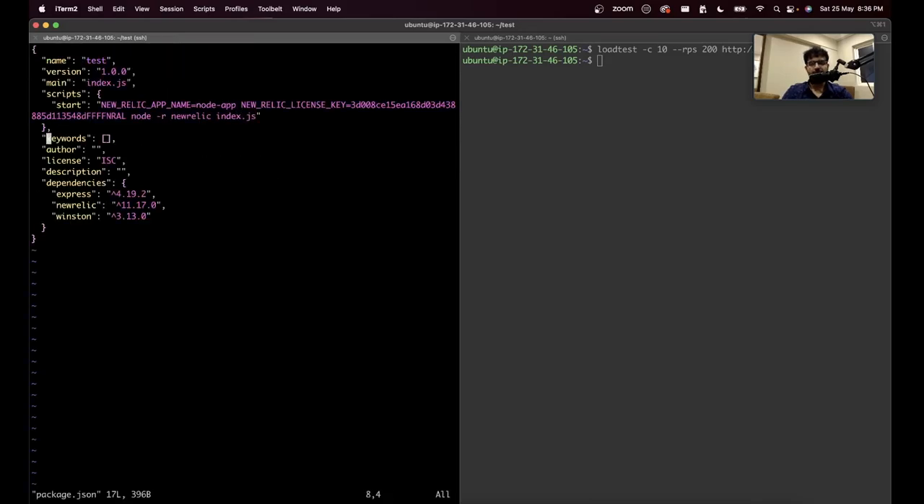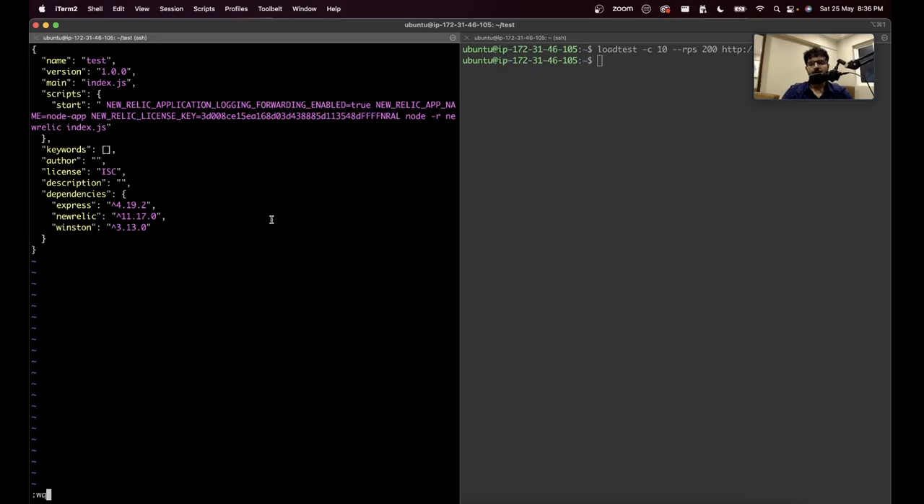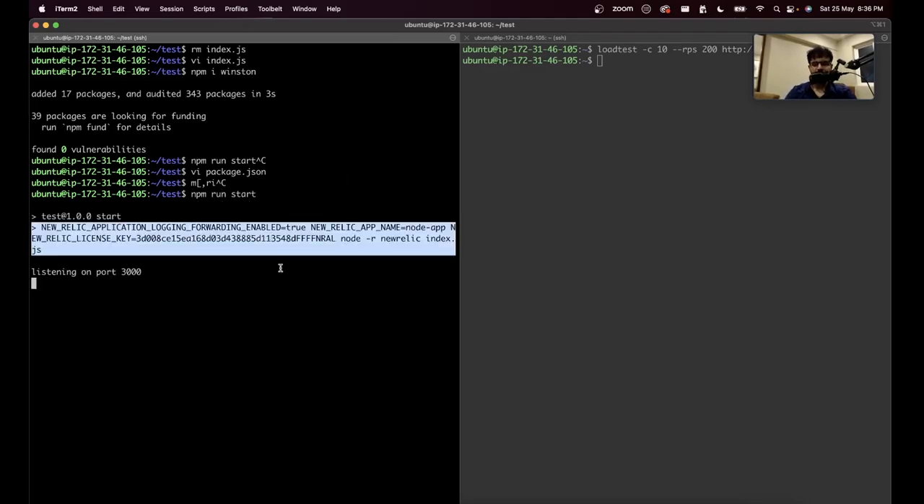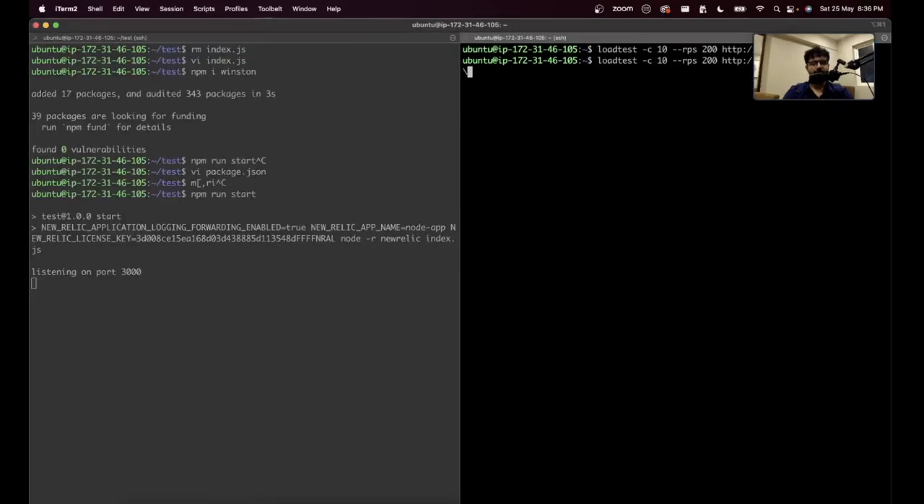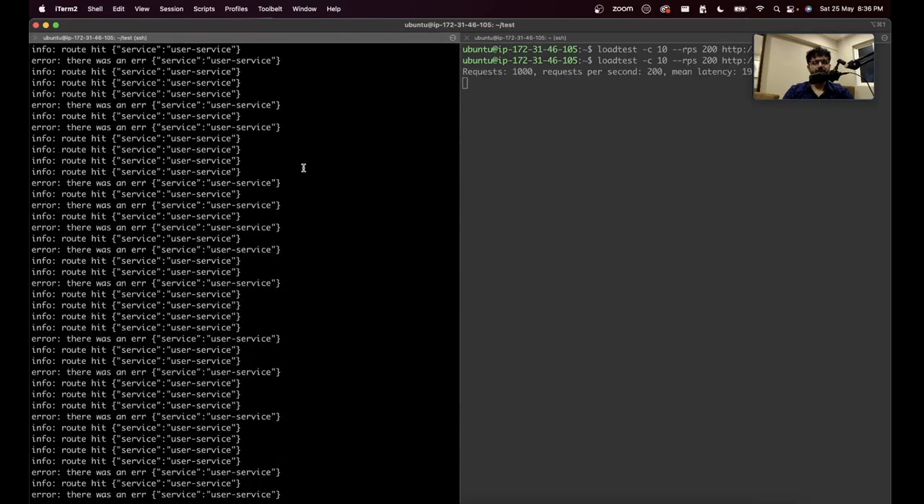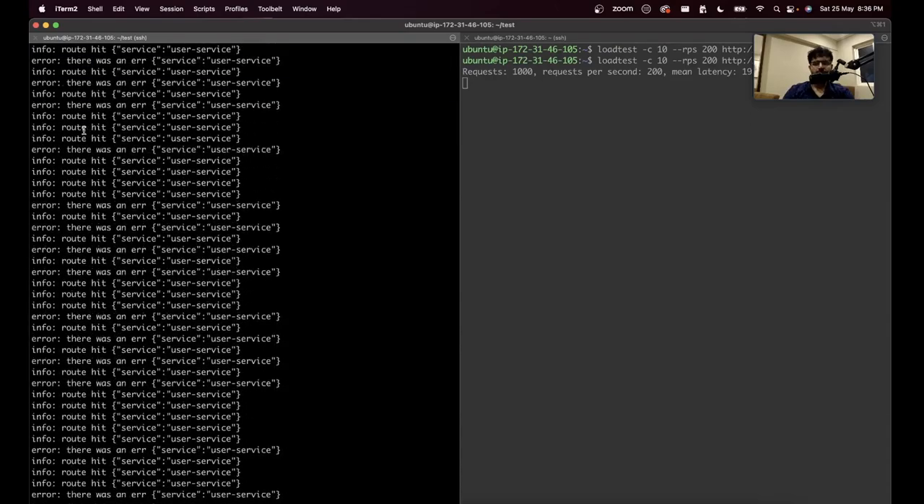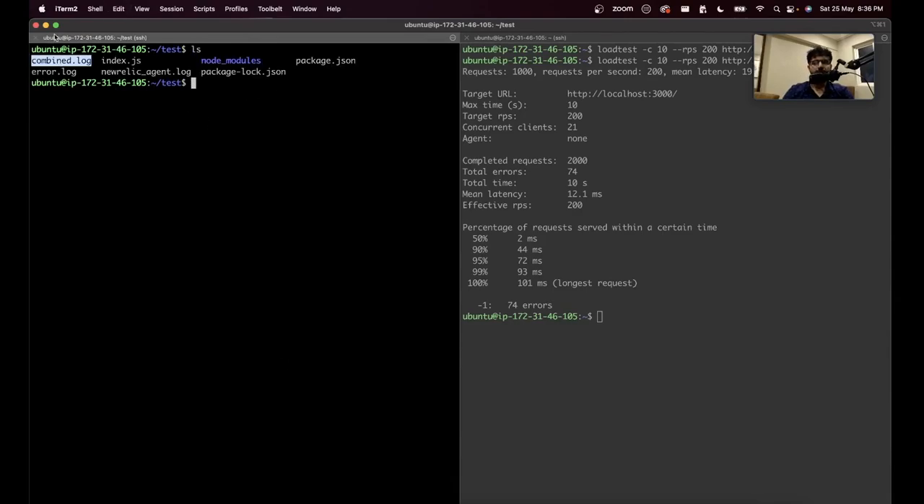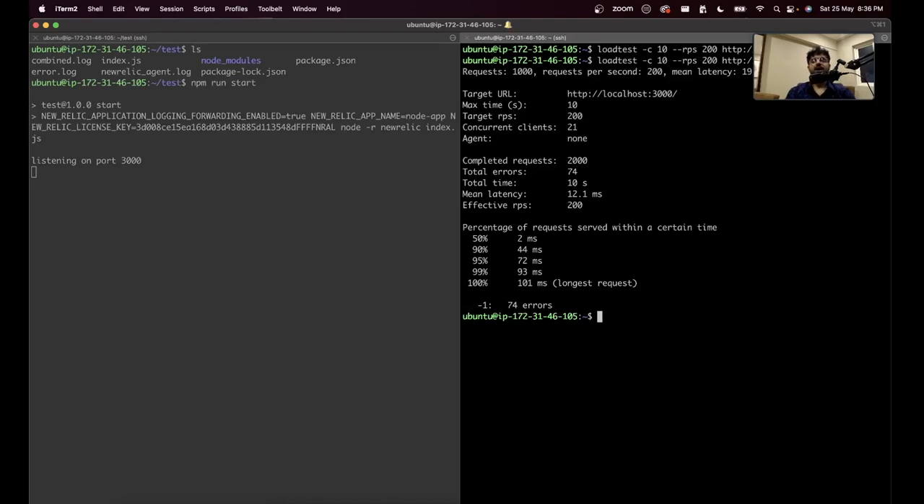Let me open package.json and add the third environment variable as well, which is New Relic application logging forwarding enabled equal to true. You actually might not need this, but we will see. npm run start. And now let me send it a bunch of requests. Look at the logs. They look much different now. They're structured in some info: route hit something. If I close this, I will see a combined.log file is created. An error.log file is created,